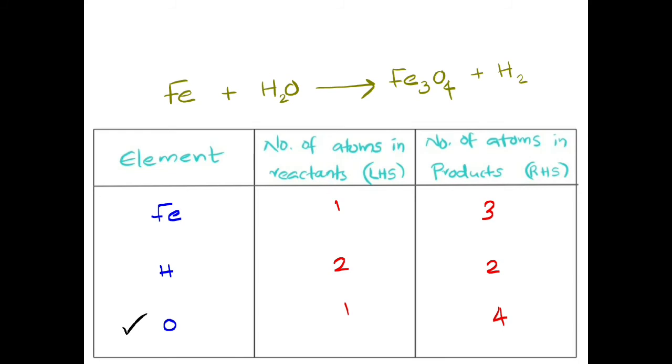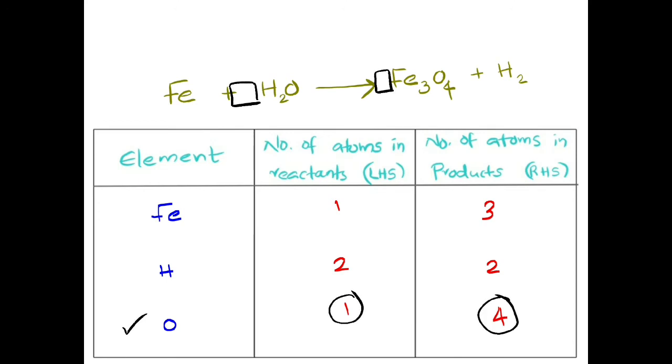Remember that while balancing a chemical equation, you can only put coefficients. That is, you can only add a number at the front of the compounds. So we have selected oxygen. In this chemical equation, H2O has oxygen, so we will be writing a coefficient here. And Fe3O4 also has oxygen, so here we will be writing the numbers. If you look at this reaction, the reactant has 1 and the product has 4 atoms.